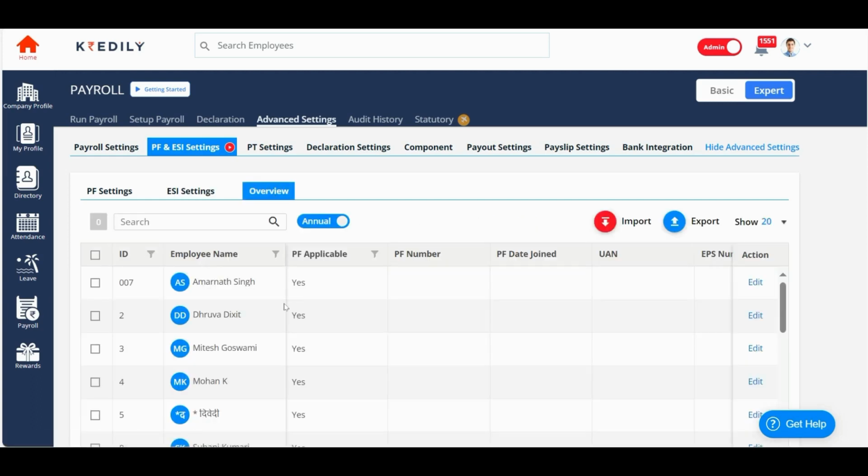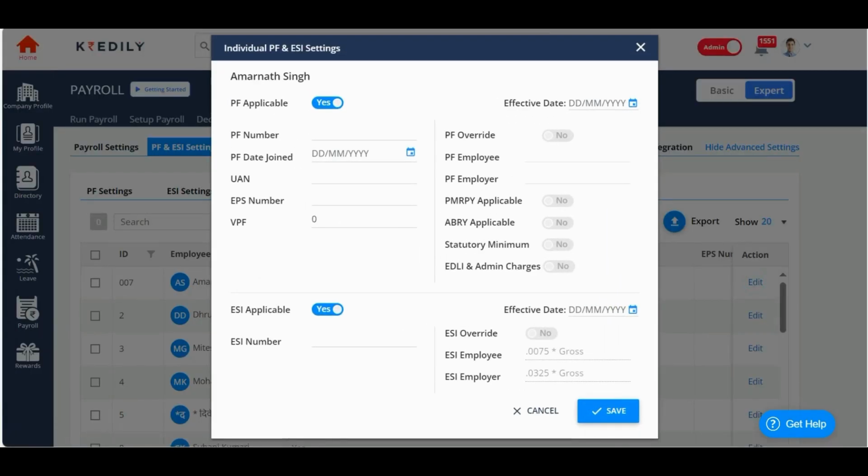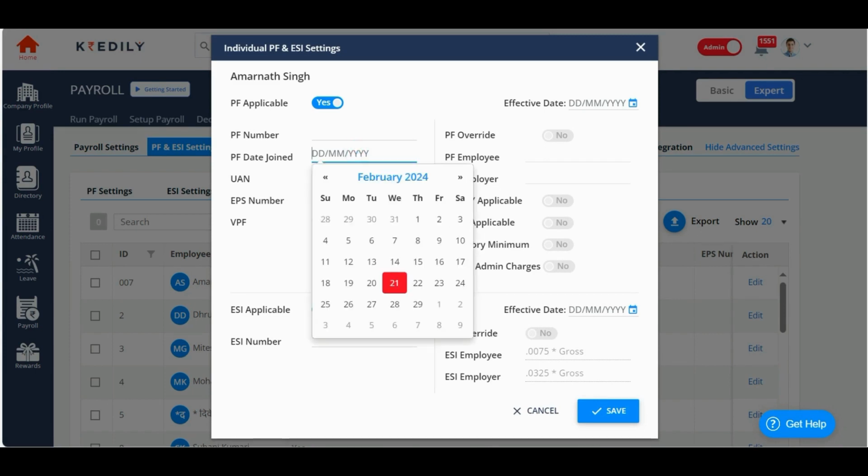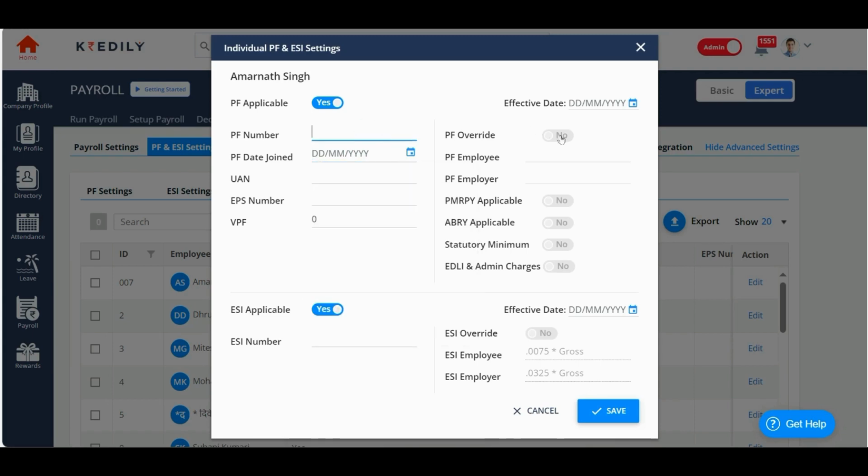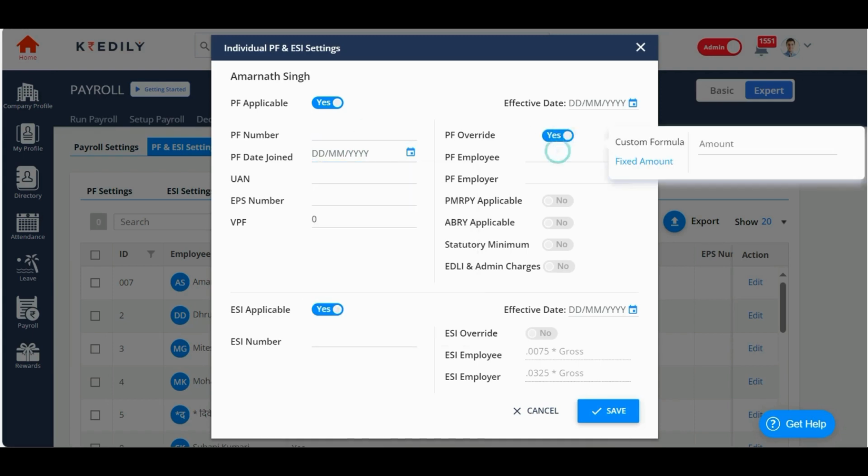Overview allows you to add a lot of other things to your employees' PF and ESI components. Now, you can add your PF number, UAN number, EPS number, VPF number, and the date from which the PF will be started for the employee. If there is a PF override, you can define a particular formula or add a fixed amount for that employee